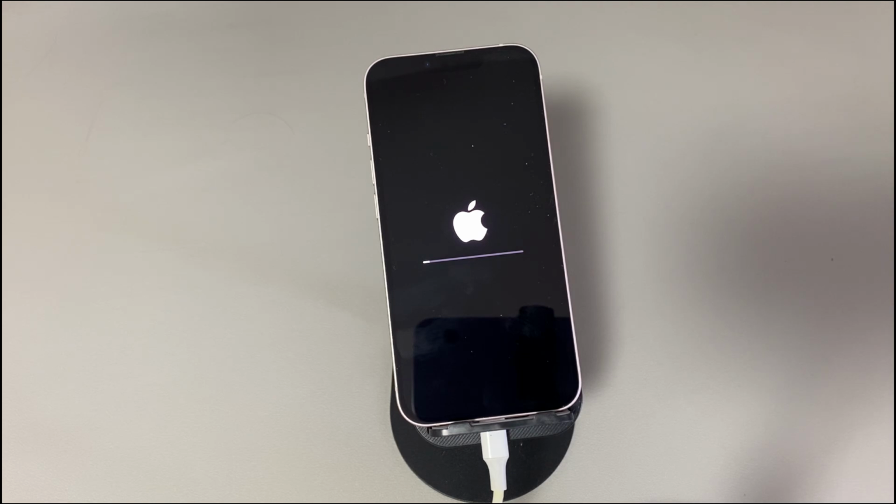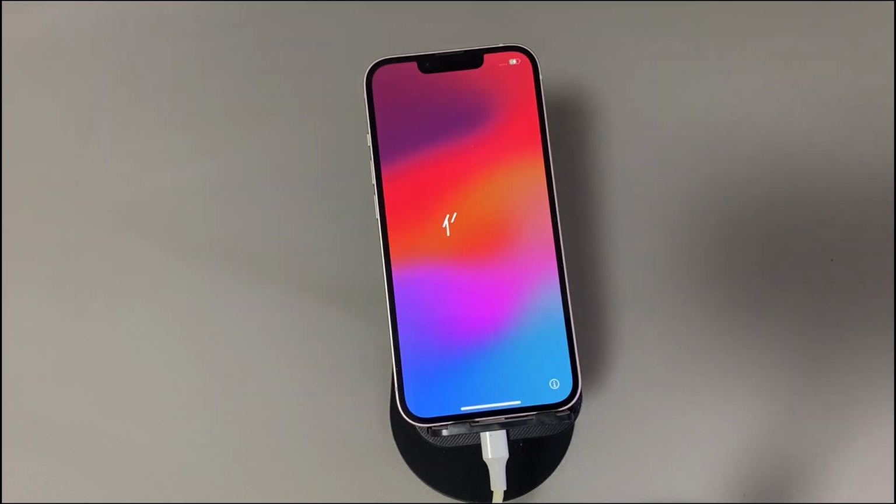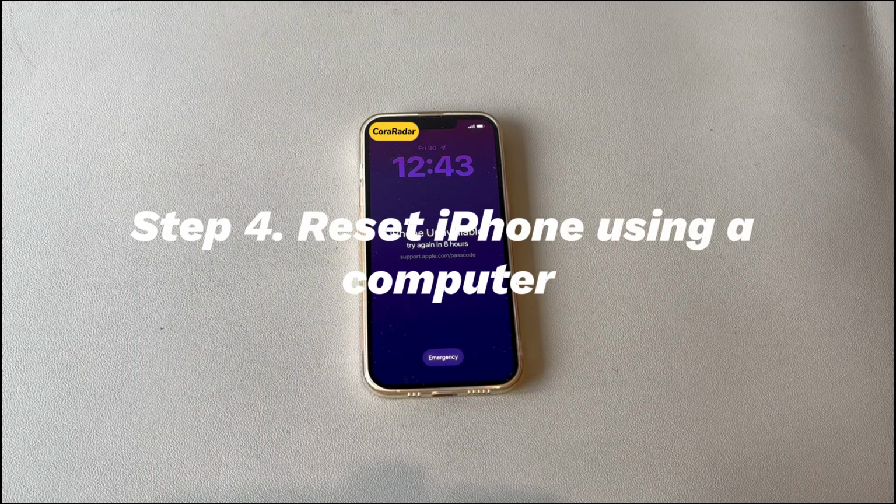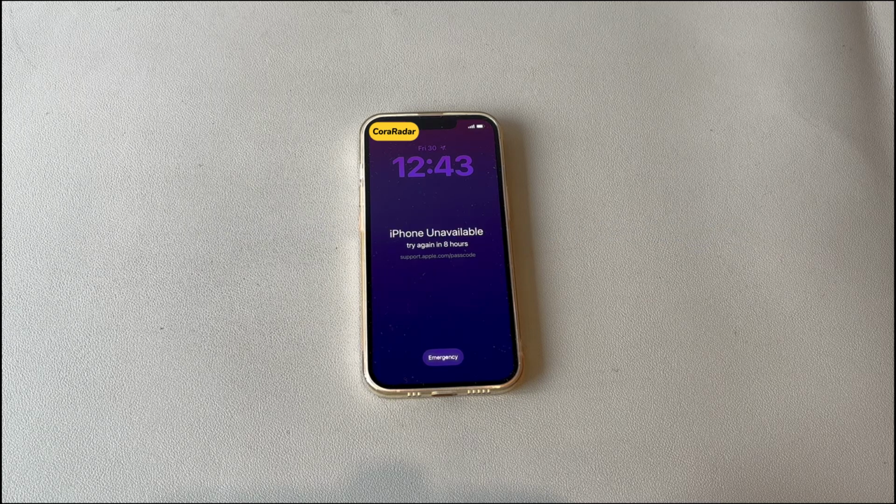When your iPhone boots up and shows the hello screen, it means you managed to get iPhone out of 8 hours unavailable mode. Step 4. Reset iPhone using a computer. Your iPhone has factory installed a technique named recovery mode for troubleshooting and restoration. It's usually used in solving software problems, but it's helpful when your iPhone is saying iPhone unavailable try again in